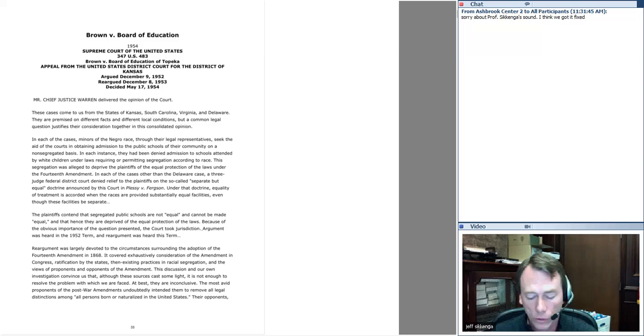is that education is critical to success as a citizen today. Maybe it wasn't in 1868, and he actually says the original understanding of the 14th Amendment cannot help us because it's unclear if the original Congress that passed it was opposed to racial segregation or not. There have been lots of legal argument and historical research on whether that's true or not, but his argument is the original understanding may have tolerated separate but equal in public education, but today we cannot.